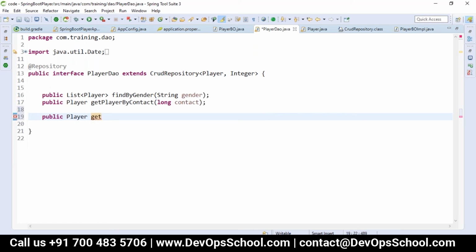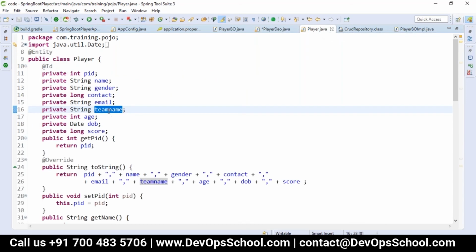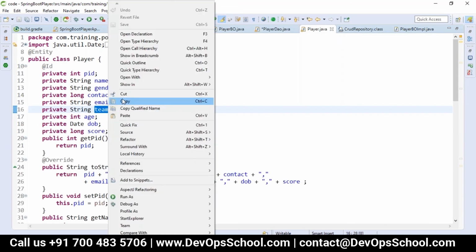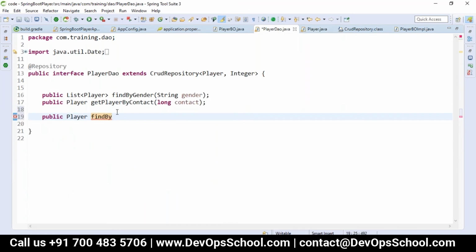Player, find by contact itself will give a unique result. Let me take find by team name. Do you want to apply the condition of And or Or?